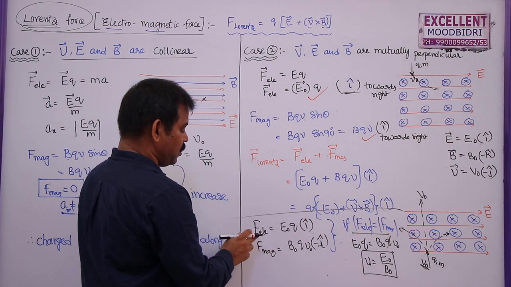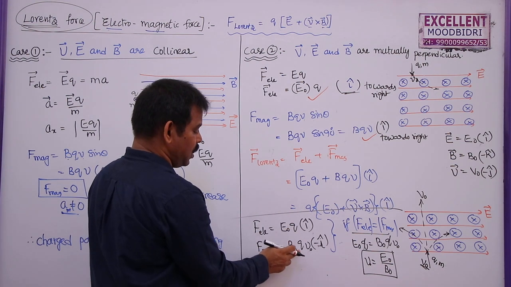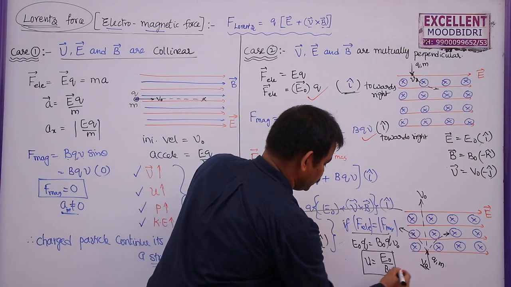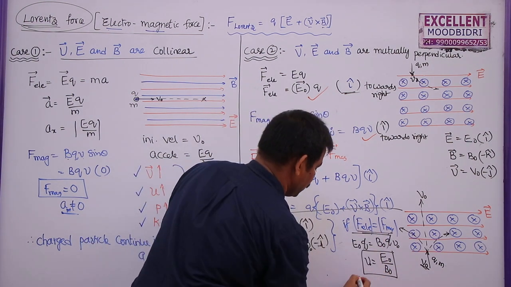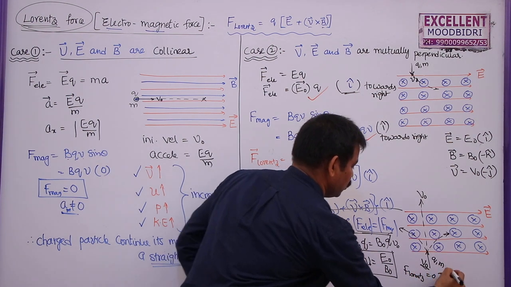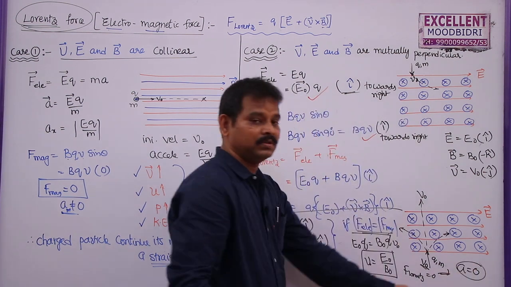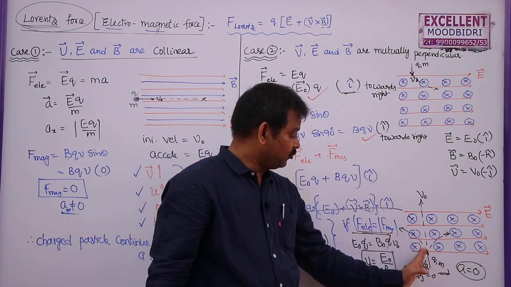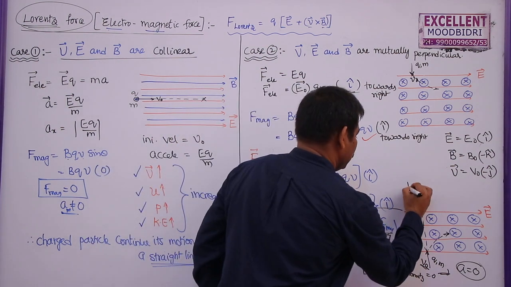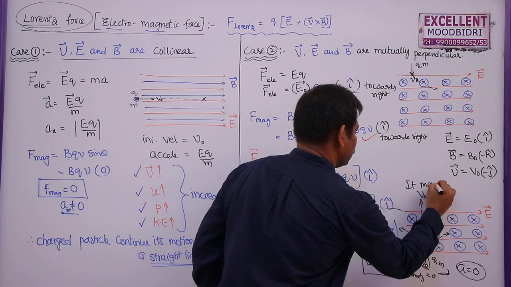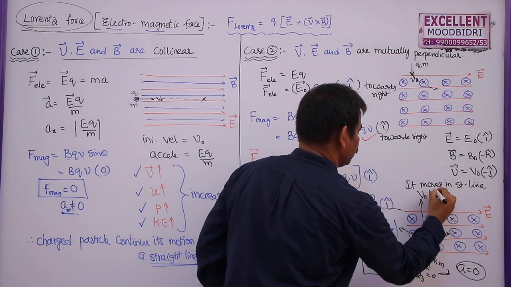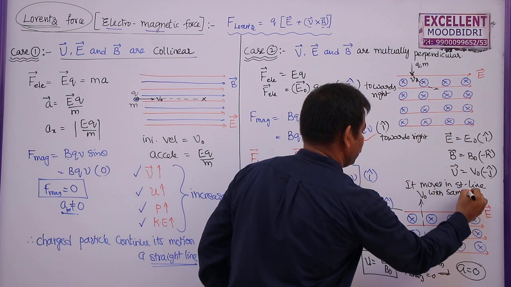If they are unequal, then we can write E naught Q minus B naught Q V naught. But if they are equal, this minus this will become 0, net force will be 0. So in this case, if these two are equal, Lorentz force will be 0. Lorentz force 0, due to this acceleration is 0. That means there is no acceleration, means direction as well as the magnitude of the velocity remains the same. So here it moves in a straight line with the same velocity